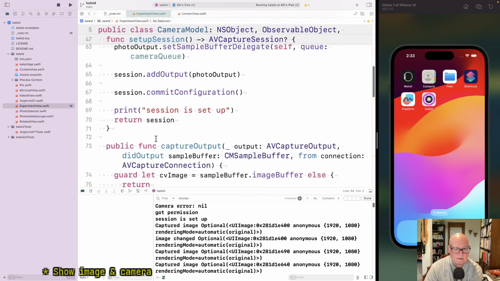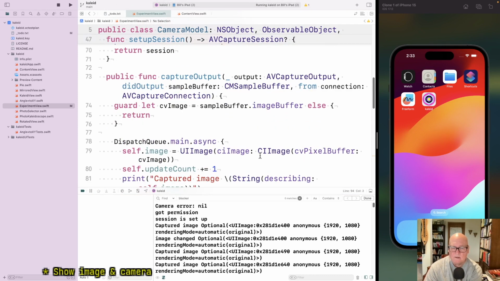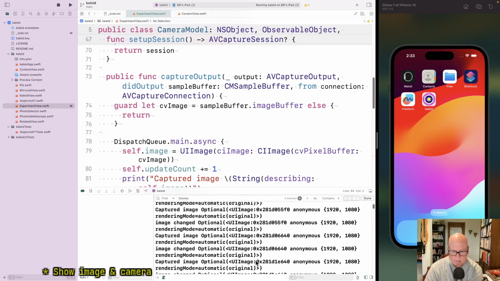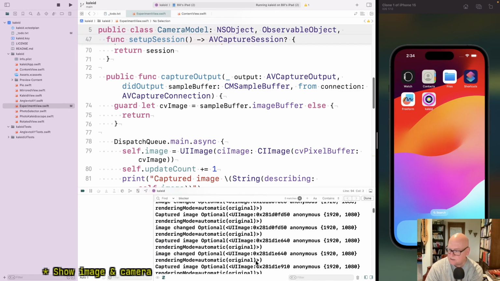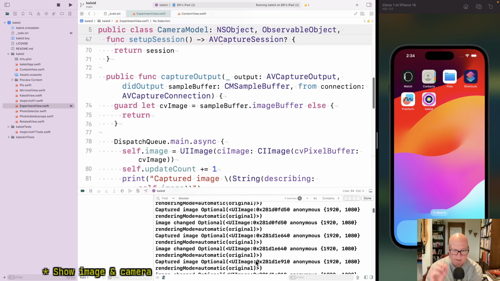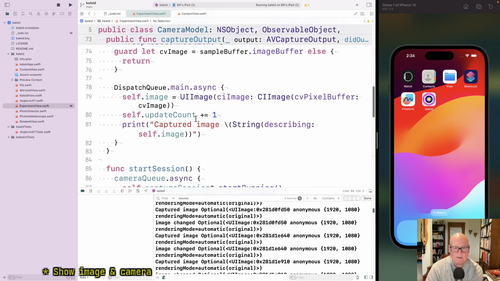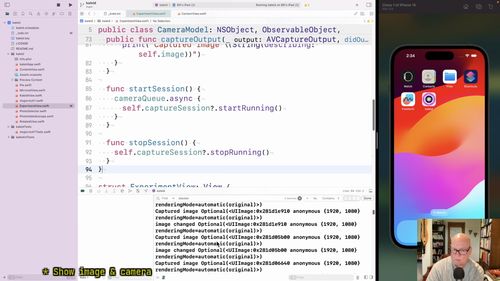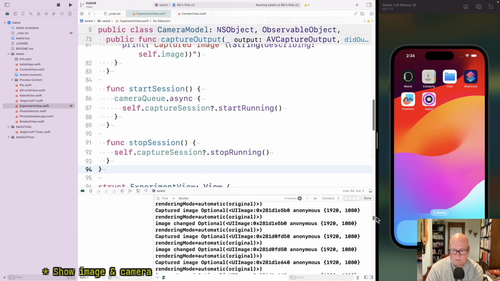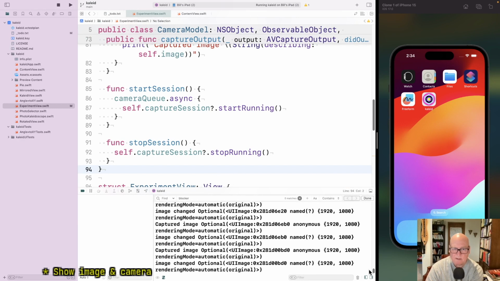The other thing that occurred to me is, I think what we're seeing now is the camera starts up. It appears to collect images like these. Boom, boom, boom, boom, boom, boom, boom. It's gathering images, and then when I hit the experiment tab, it stops. So it seems like as soon as it tries to show the image, it stops the camera from collecting more. And I guess the one thing that I can think of